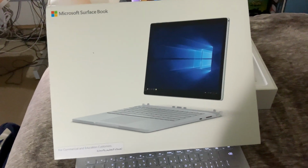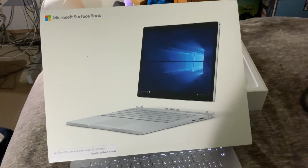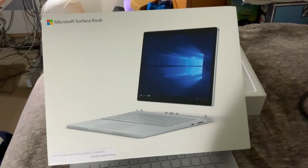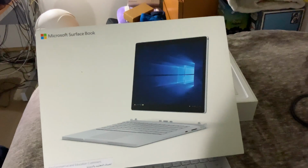Hi guys, and welcome to my unboxing and first impressions of the Microsoft Surface Book 2, that was sold to me by one of my good friends. It is not brand new. It is about a year and a half old, but it's exactly what I was looking for before I even